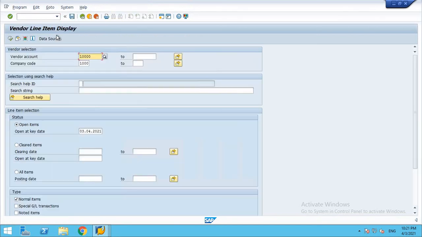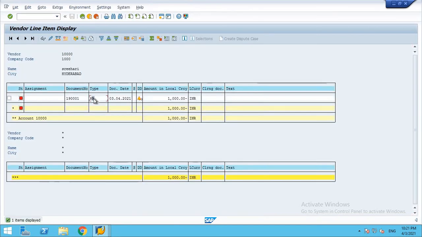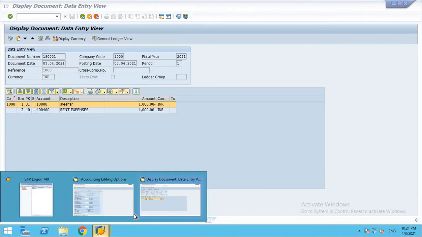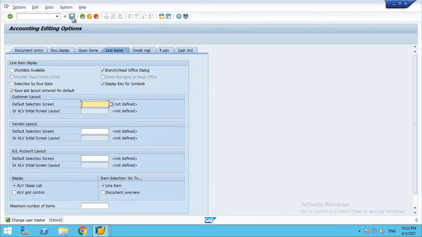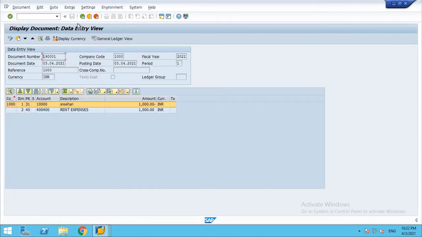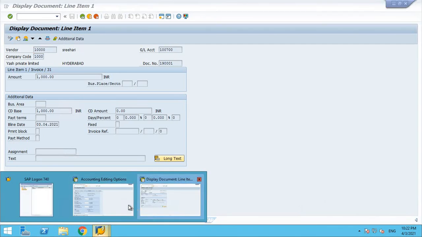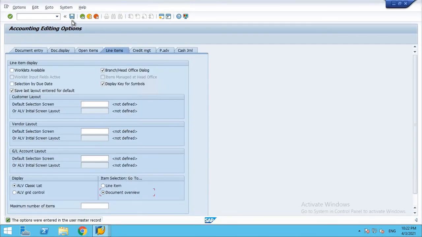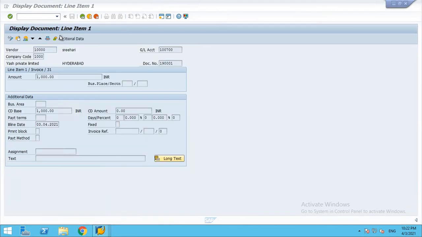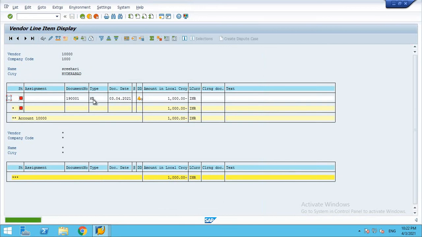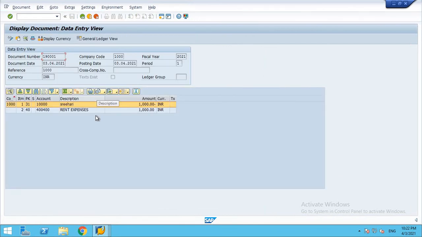Let me go back completely to FBL1 and execute. It is showing line items. Now if I click on document overview, it shows the document overview. This is the difference.